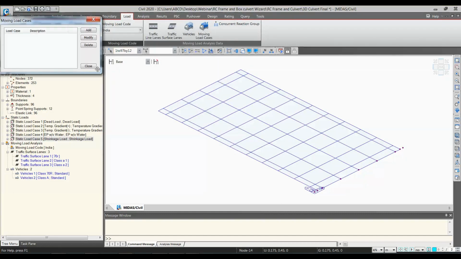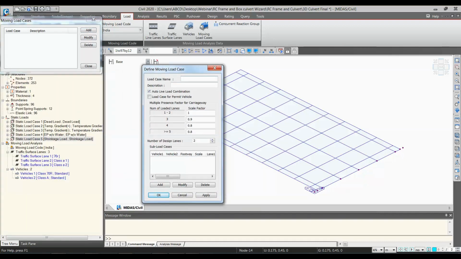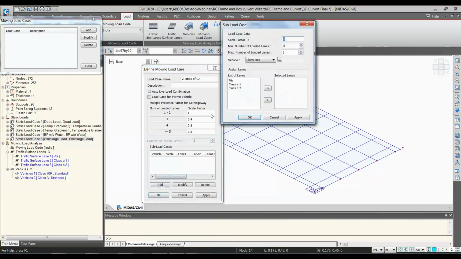Now here what are the cases? 2 lanes of class A and 1 lane of 70R. So sorry, I'll give the name 2 lanes of class A. Now you can also tell me how it can be done. 1 minimum, maximum 2.